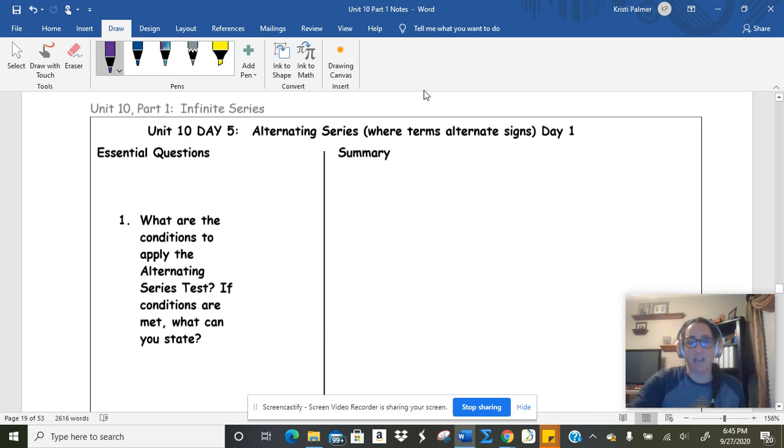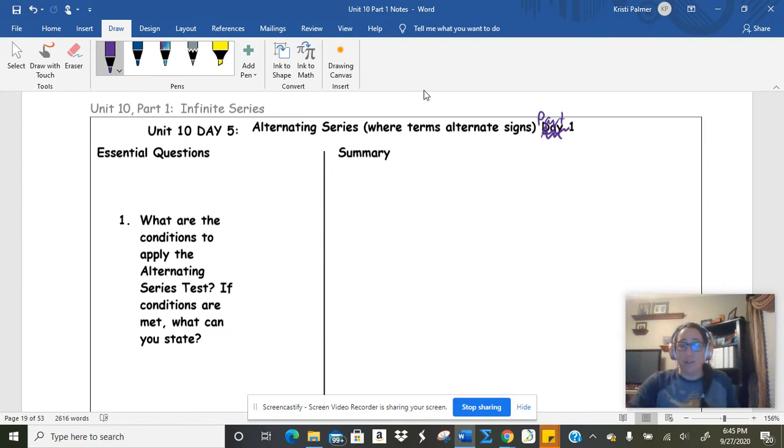Okay, we're in day 5, and I'm going to call this part 1. We're going to do some alternating series. What does it mean to alternate? It means like every other, like you guys are on A day and then B day and then A, right, alternating. So when we talk about alternating, we're talking about the signs alternating: positive, negative, positive, negative, positive,